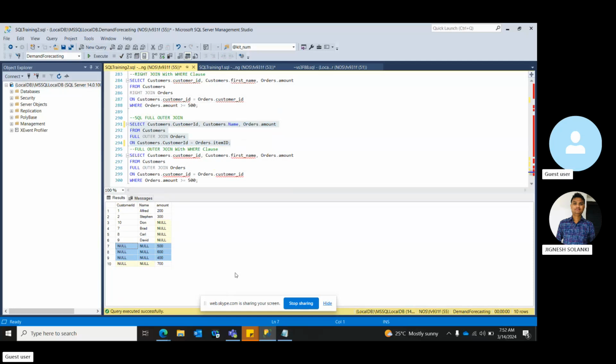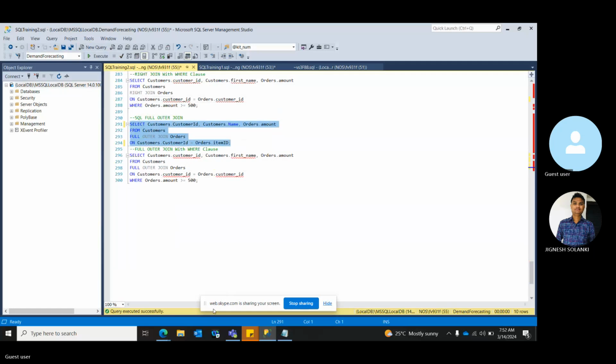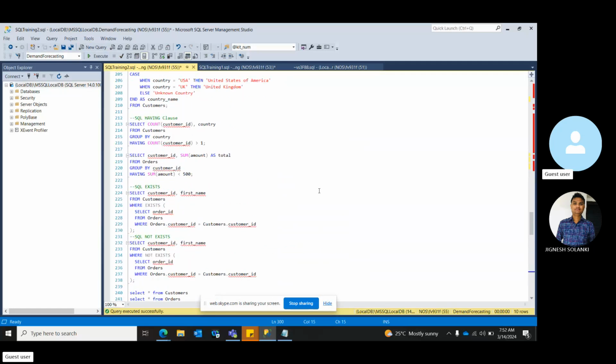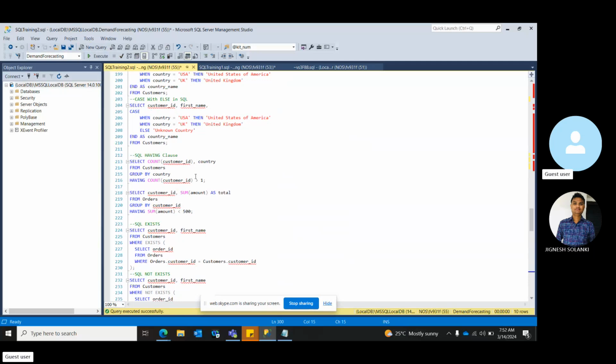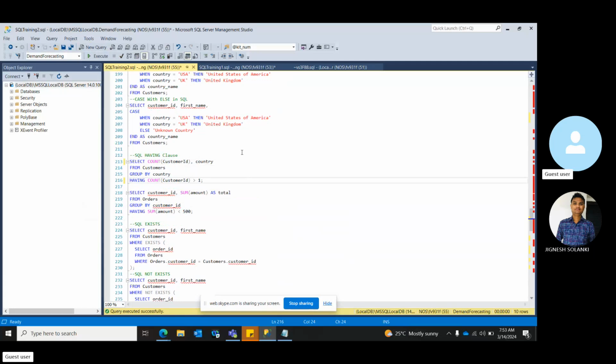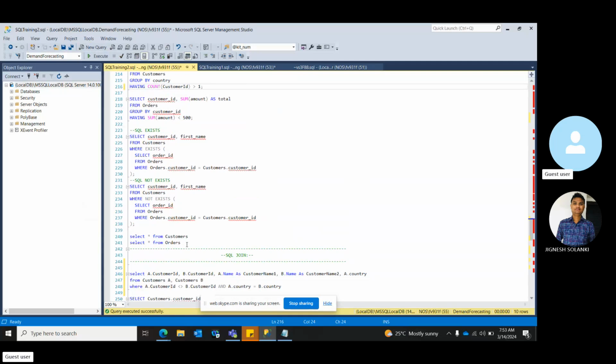Okay, so now we'll see the having. Having is something that is a subset of group by. Do you have an idea on group by? Yes, like group by department. Yeah, group by is something where you group data. So group by is, let's say,